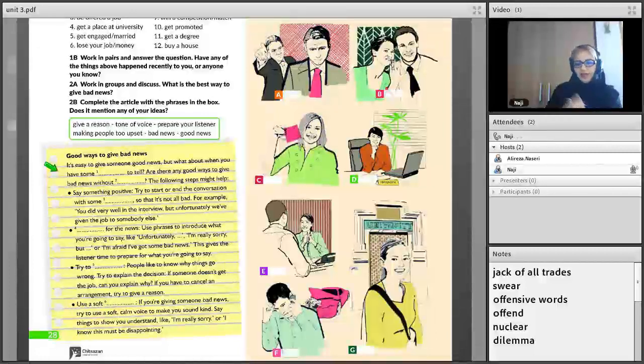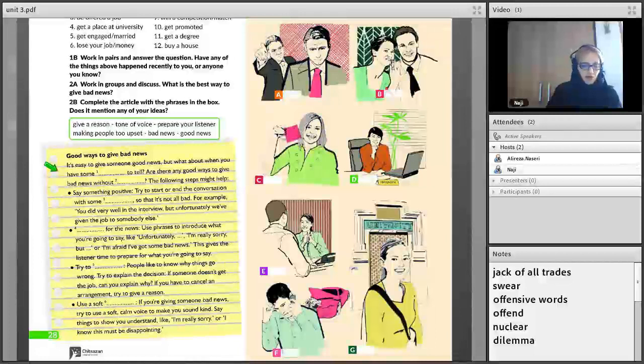For me, I think giving bad news directly is better, because I myself, when I hear somebody say, unfortunately, I'm sorry, I want to tell you something, immediately I feel terrible. I understand something bad has happened. So, in my idea, not preparing the person is better. But anyway, this is what has been suggested in the book.